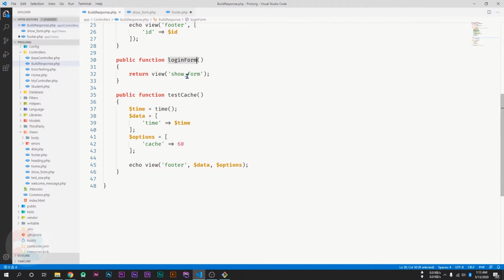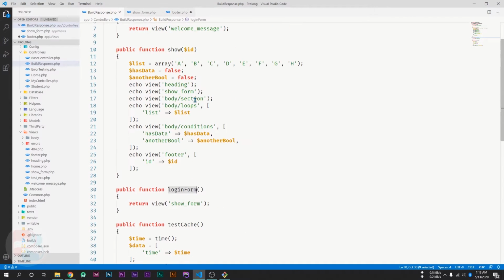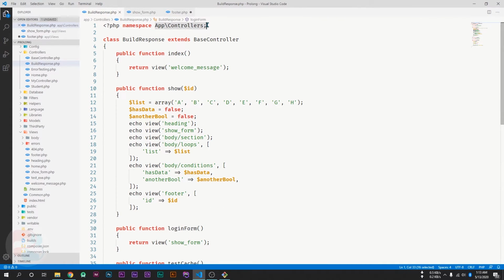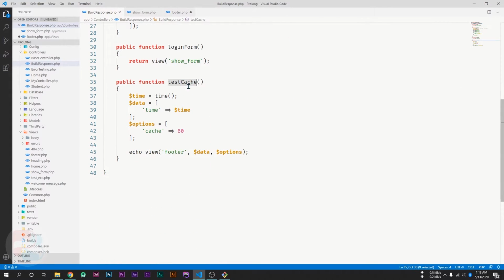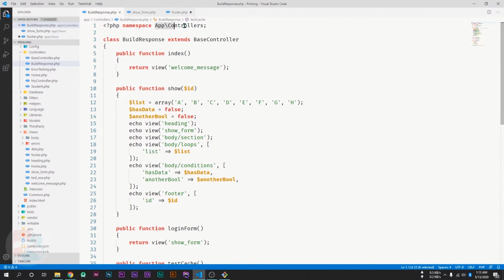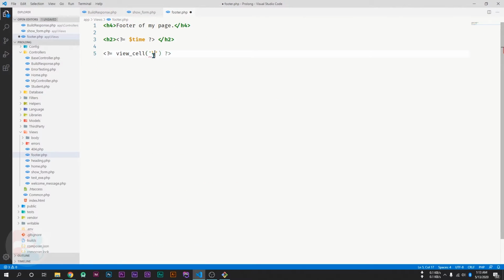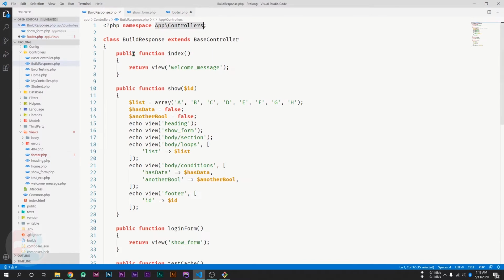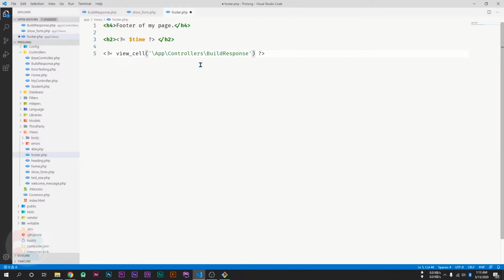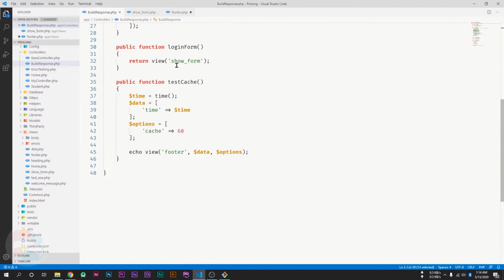If I want to call this function, then we have to pass the namespace, then the controller name, and then the function name. To do this, first copy your namespace, then here type slash your namespace slash your controller name, which is BuildResponse, and double colon your function name, which is loginForm.